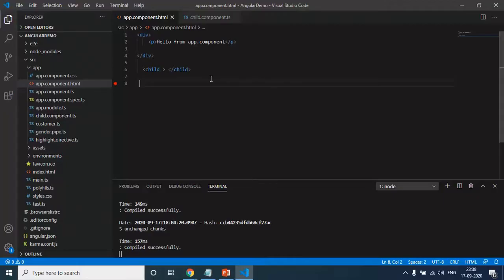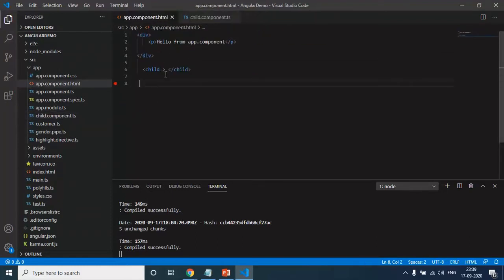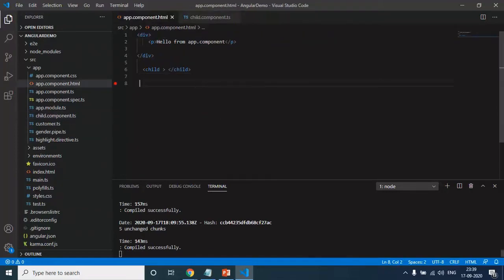This is the same code we worked on in the previous demo. If you see here, I have app.component.html and child.component.ts. In the TS itself, I am writing HTML, so I don't have a separate HTML for the child component. And here I have a selector, and this selector I am using in the app.component.html. So we are establishing a parent-child relation. I am using the child component in the app.component.html, so the app component will become the parent component and this child component will be the child component. Save the changes and flip to browser.